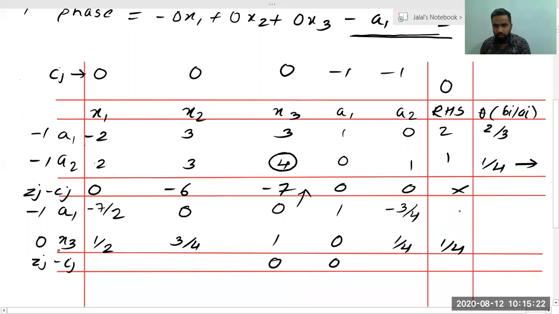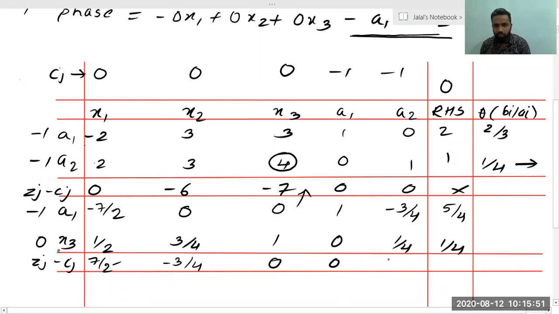Okay, now we need to find this value. This will be 8 minus 3. 8 minus 3 will be 5 divided by 4. Now we need to find this value. Just look at this value, 0, and this will be plus 14, right? 14 by 4 will be 7 by 2 plus. Okay, now minus 24. I hope I am right. Yeah, minus 24 plus 21. So what is remaining is minus 3 divided by 4.